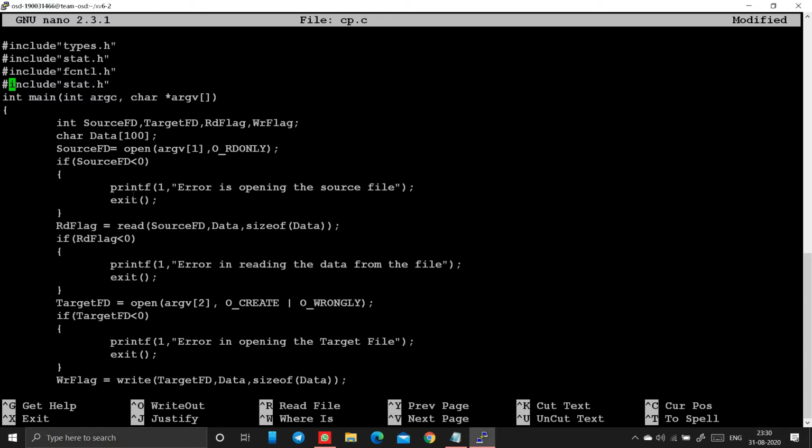Okay, see here, source fd is a variable which is used to open the source file. And we also check that, meaning there is an if statement below the source fd, right?